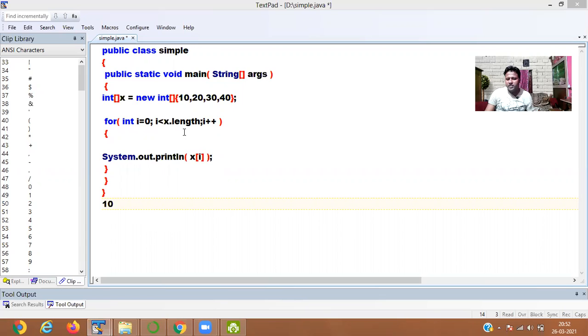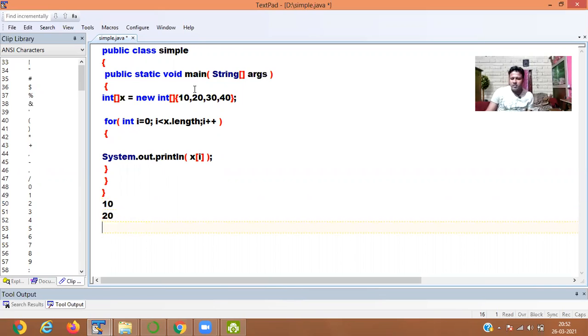Then 0 is incremented to 1. 1 is less than 4, the condition is true, so x array 1 index prints 20. Then i is incremented to 2. 2 is less than 4, the condition is true, then it prints 30. Then 2 is incremented to 3. 3 is less than 4, the condition is true, then array 3 index prints 40. So in this way it prints all the elements from an array.